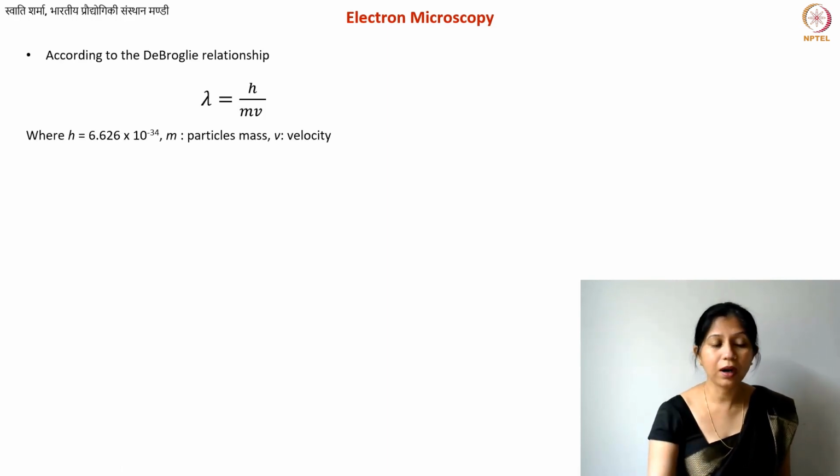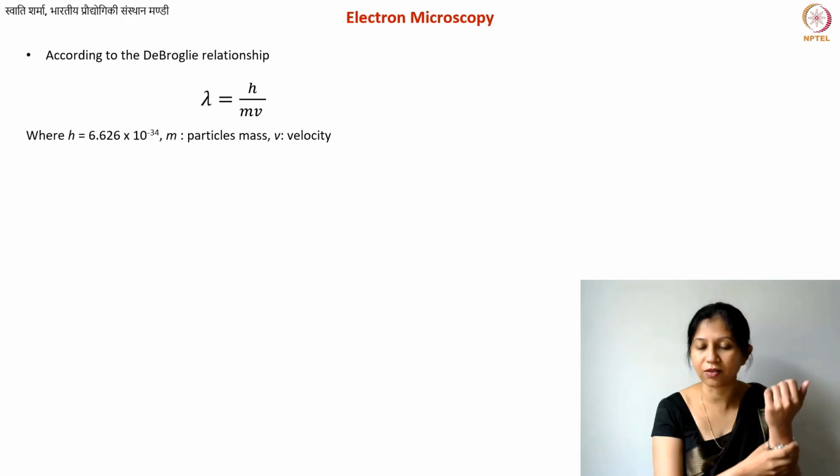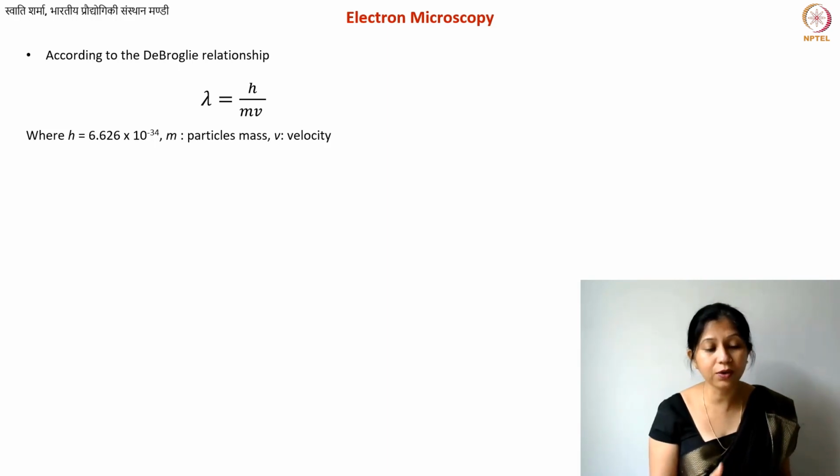Before that, I will not give you too many details, but let's at least understand why and how we can use electrons for imaging something. Often you would image something using light, or you can use X-rays to get images, like in the case of your bones and your body. So you can use different electromagnetic rays for imaging purposes. But can we also use electrons? Because electrons, we don't know what they are, right? Whether they are waves or particles, we don't know.